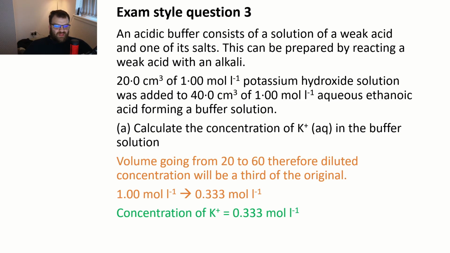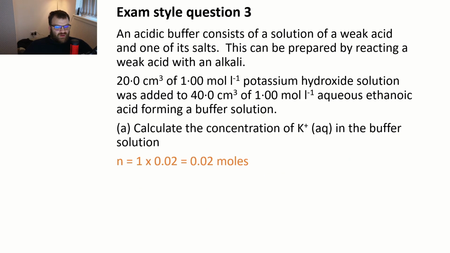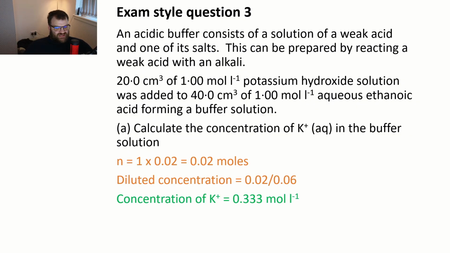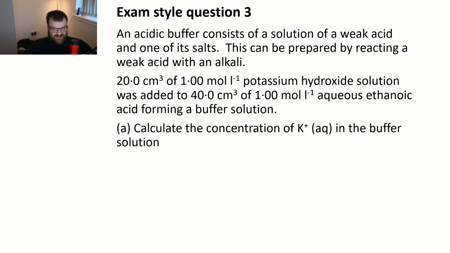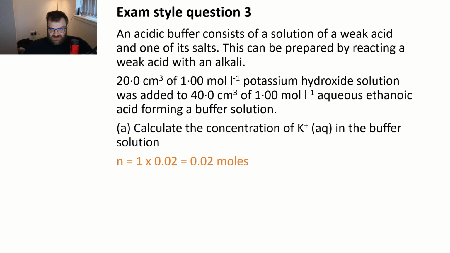0.333. Another way you could do it, you could go through the number of moles, concentrations, and volumes. So we could work out the number of moles in the 20 centimetres cubed of 1 mole per litre. That'd be 0.02. And then the new volume is now going to be 60 in the mixture. So now divide that number of moles by 0.06. And that gives you the same answer of 0.333. Depends very much on which one you prefer. I much prefer that it's a third, the concentration thirds. I just think that's a bit easier to deal with. And then they're